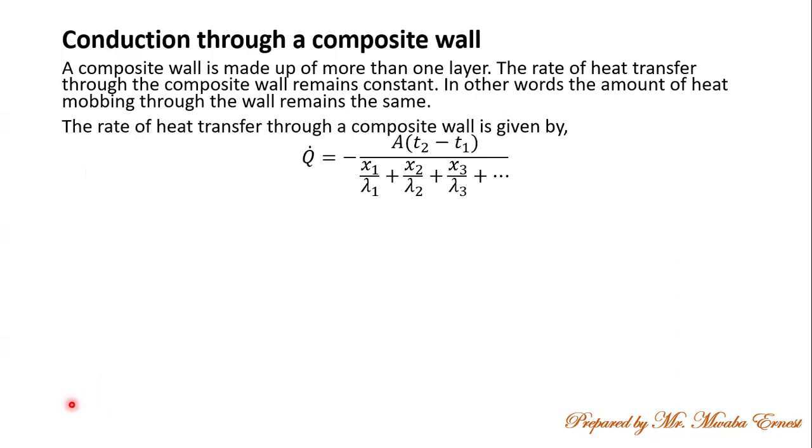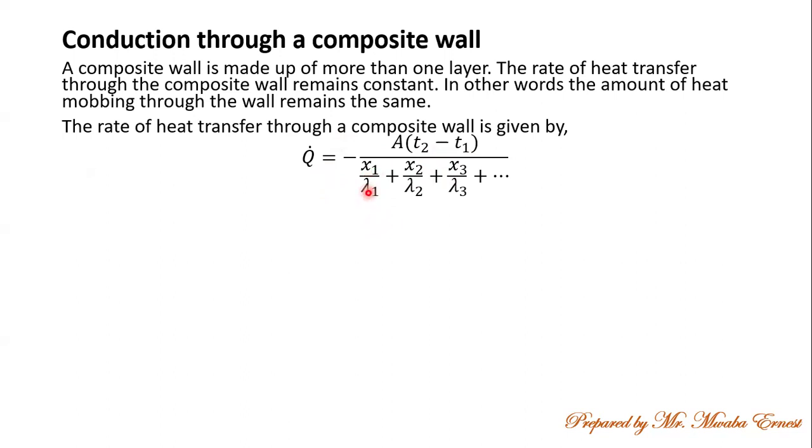Now, this is for a single wall. What if we have a multi-layer wall? Maybe we have several layers of the same. It's the same expression, but we extend it. We'll have the same negative, but T2 minus T1, or you ignore the negative, but then you have T1 minus T2. Then below here, each of them will have its own thickness and its own thermoconductivity